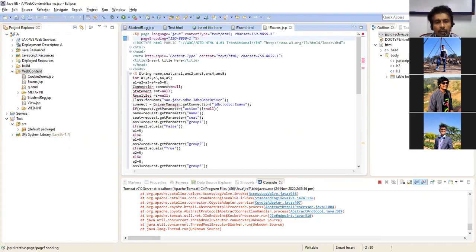And one more thing, whenever you are using any of the backend programs, you need to import the package java.sql.*, so that package should be part of your program, so that only it will work. So make sure that you are adding that.